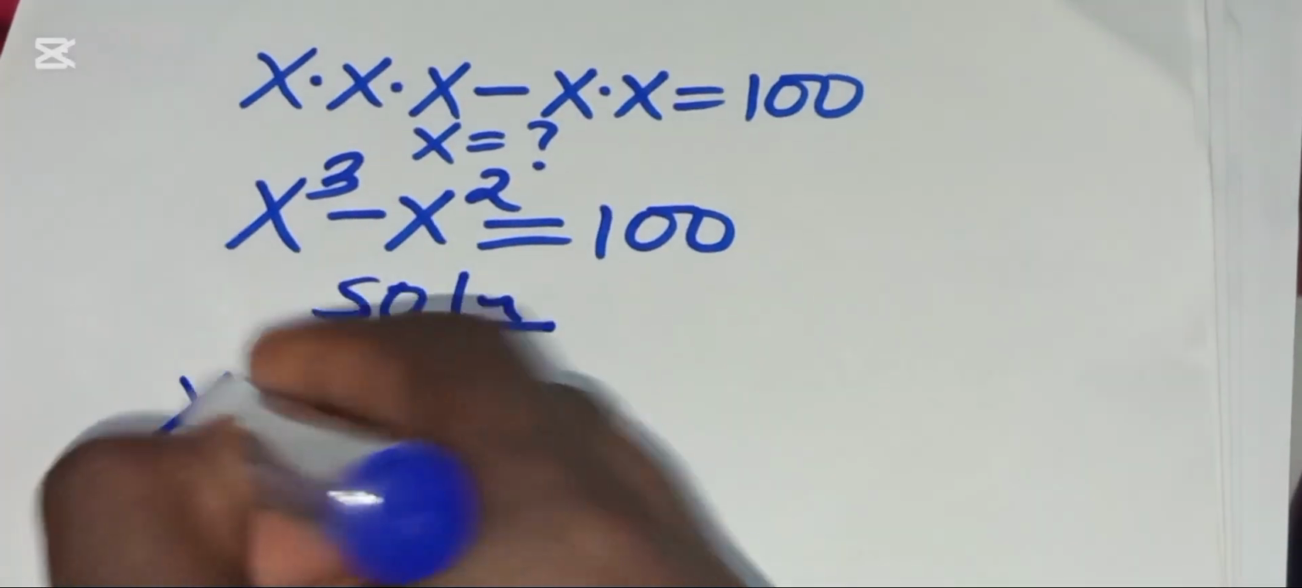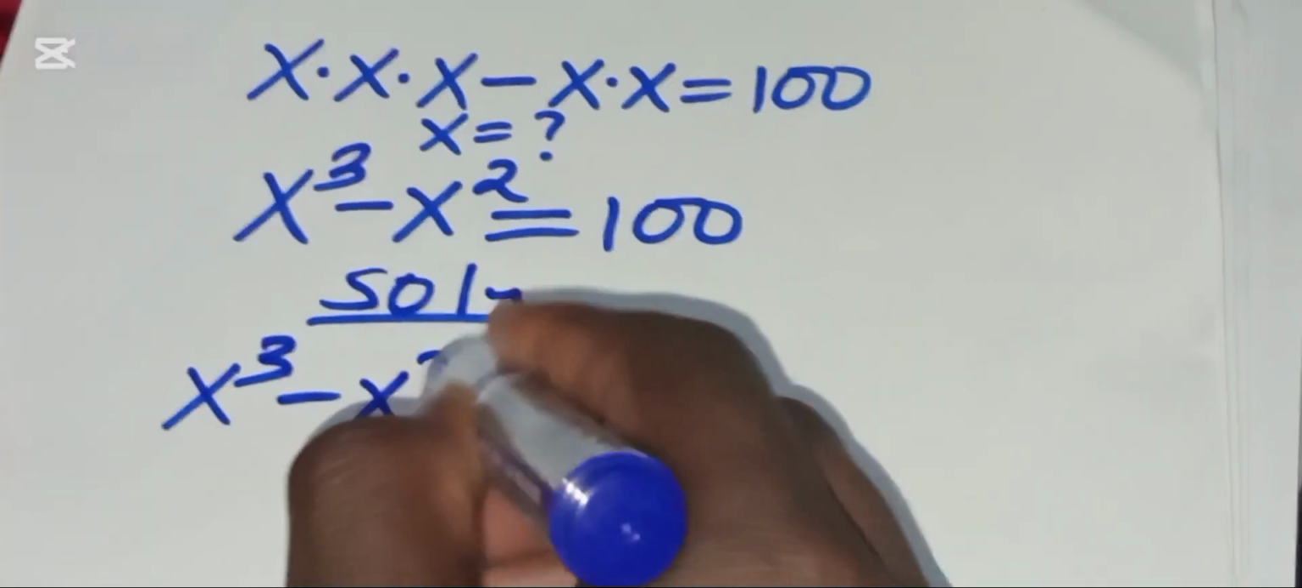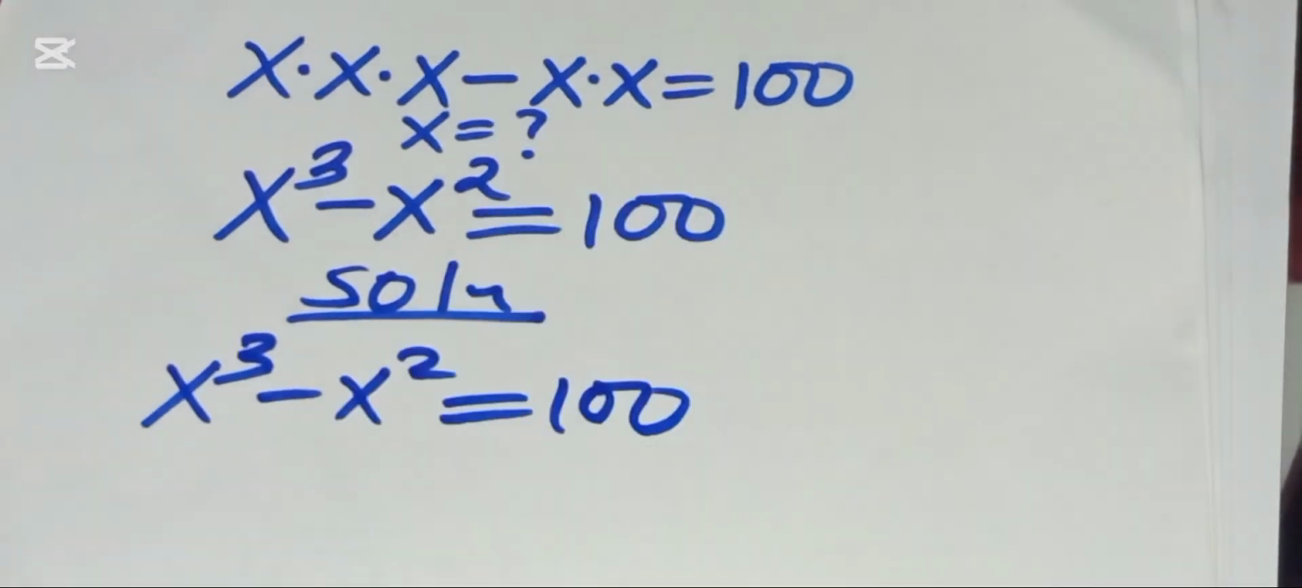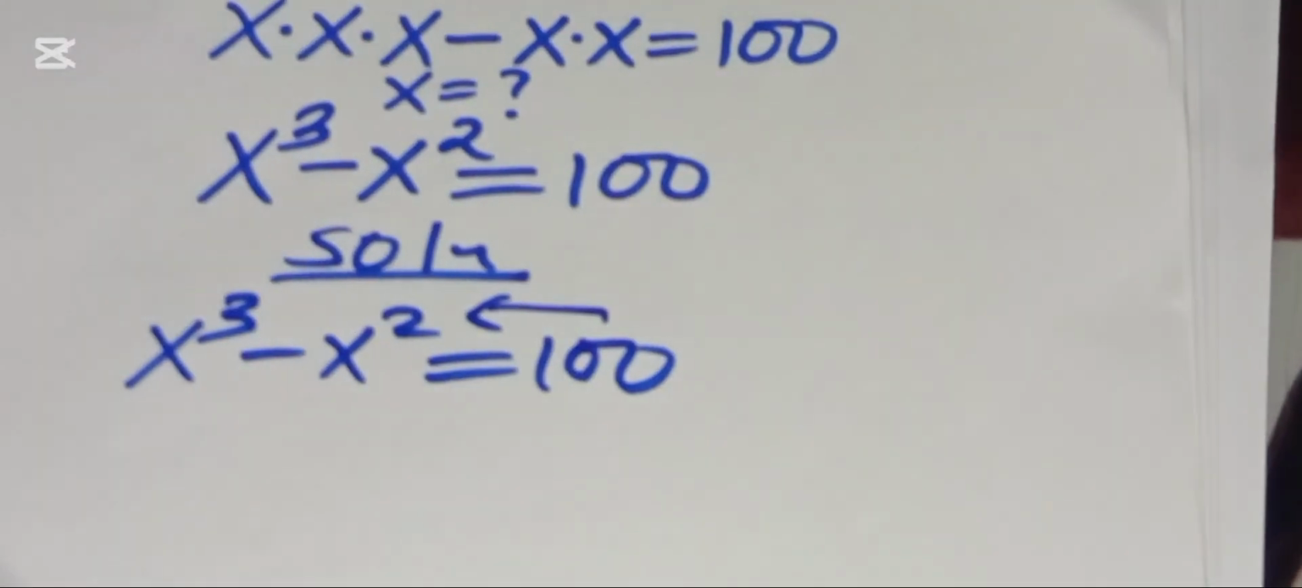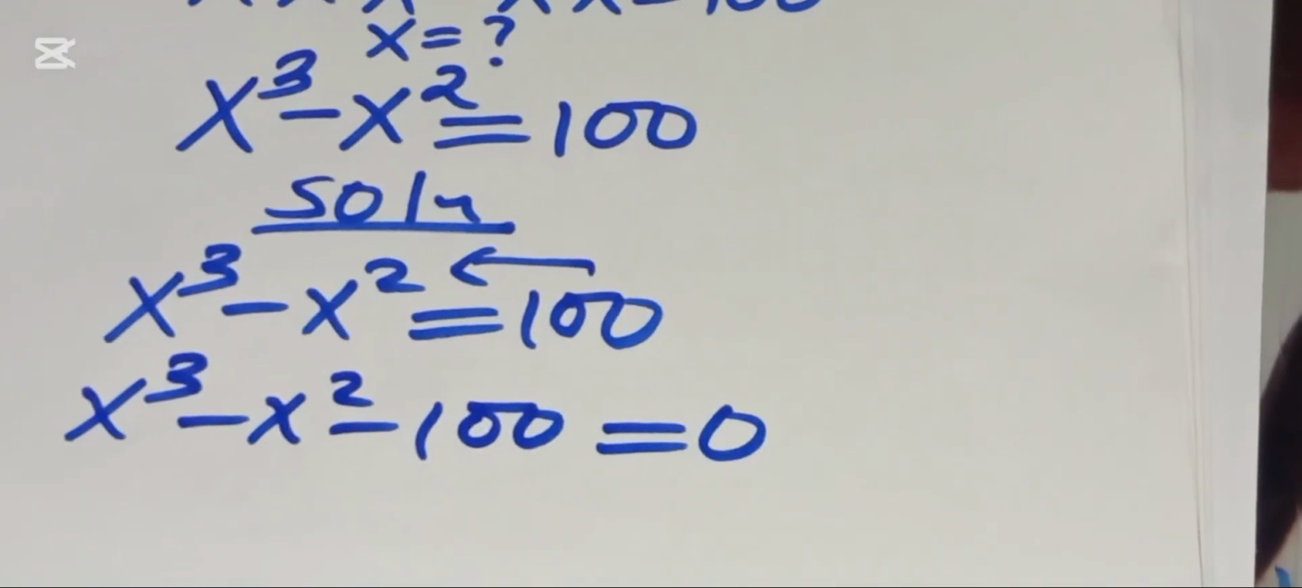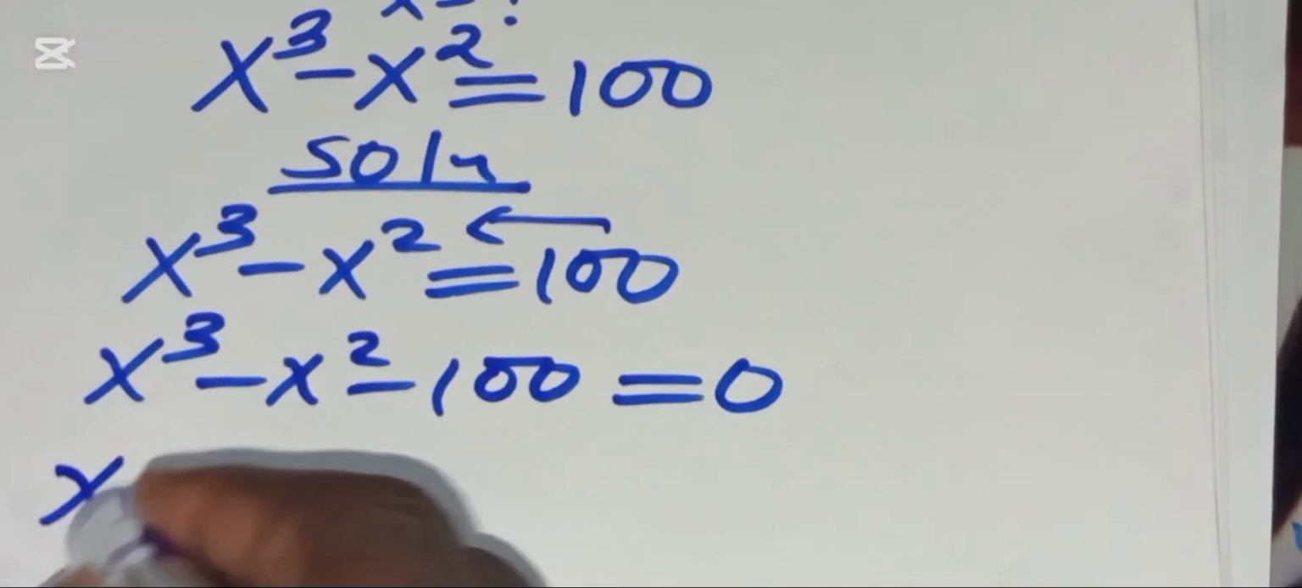Now, x cubed minus x squared is equal to 100, okay? So let's take 100 to the left hand side so that we'll have x cubed subtract x squared subtract 100. This is equal to 0, okay? Now from what we have here,